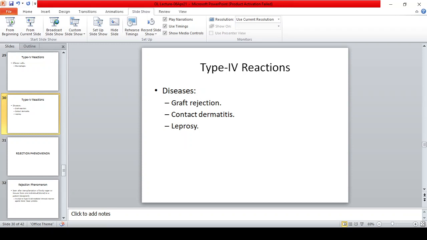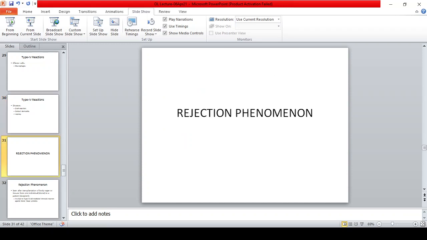So this is a very summarized account of the type hypersensitivity reactions. Rejection phenomena is the second main disorder of immune reactions,